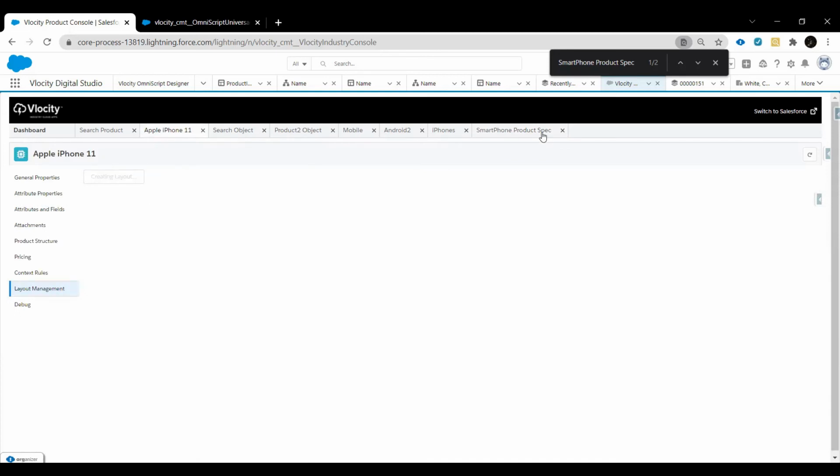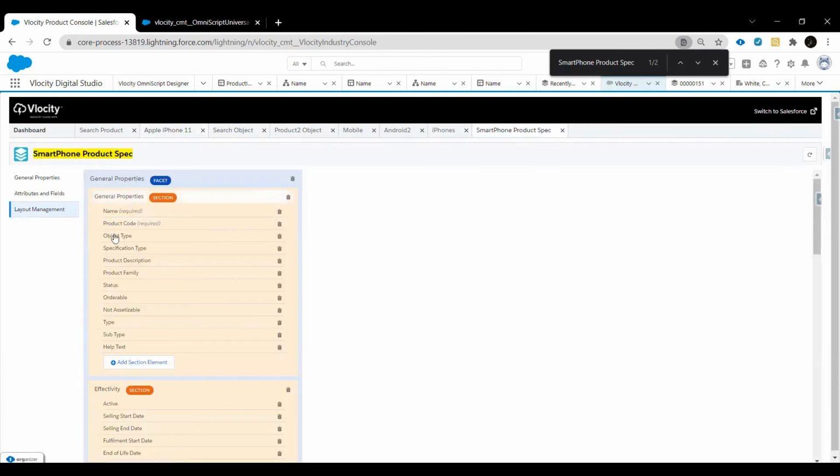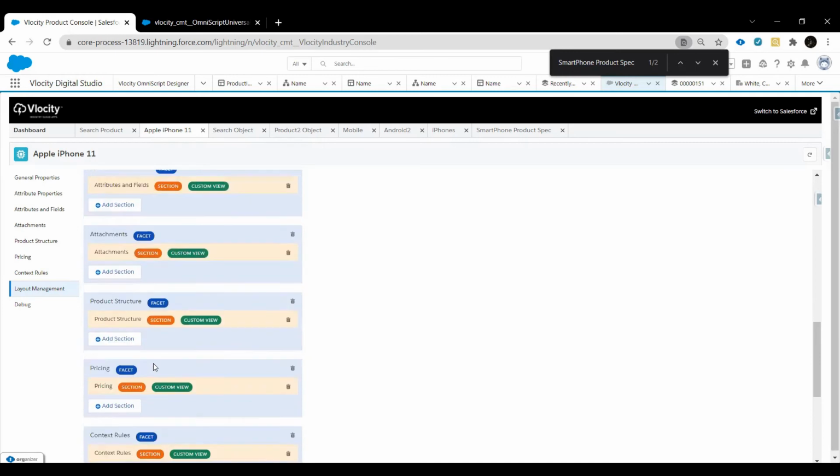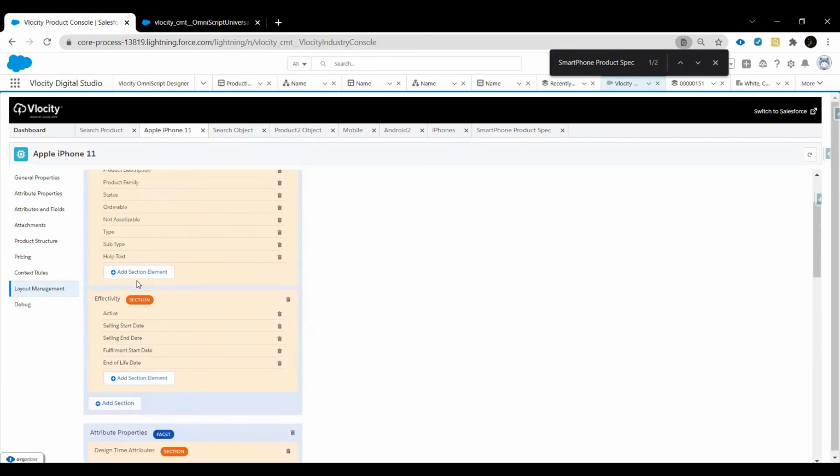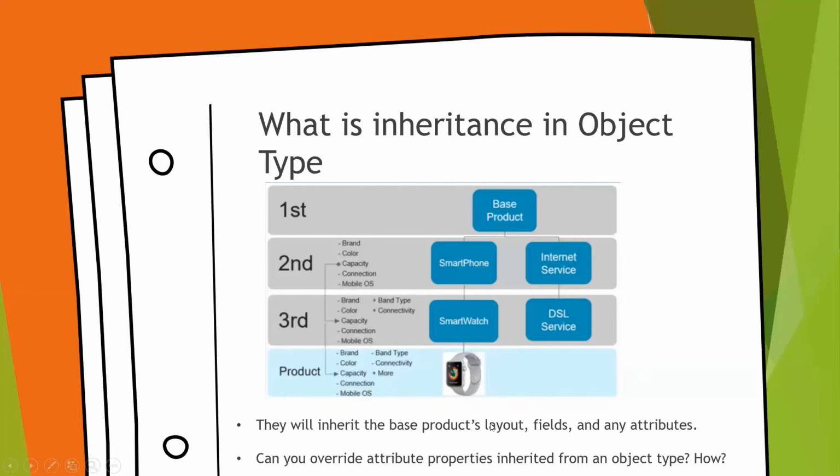What it will do, it will clone. The terminology here is called deep cloning. It will clone everything, whatever is given here. Just give it a time. Yeah, see, it cloned, right? Now you can add and override those things again. You can add any specifications as well. So in terms of the layout, it is hybrid. So to answer the question, whatever features get inherited, the layout, fields and attributes, the layout is a hybrid functionality. You can use the layout that is defined in the object type, or in the product, you can override this layout as well.